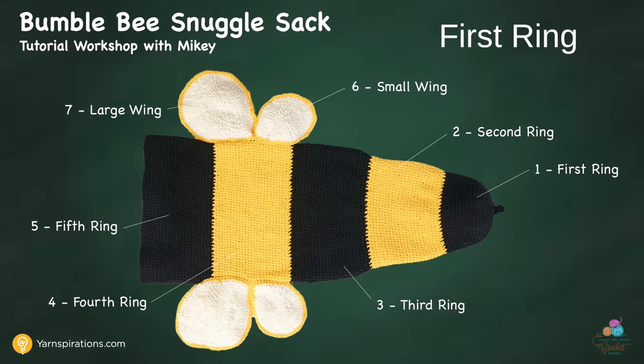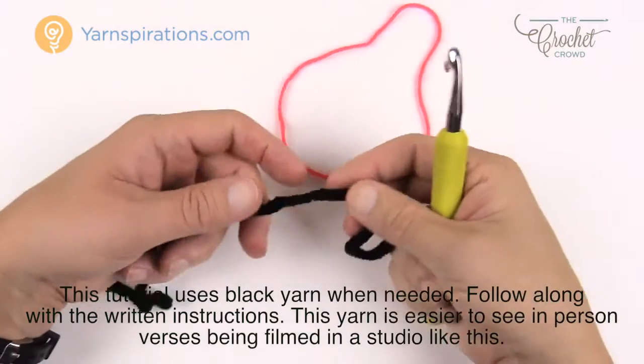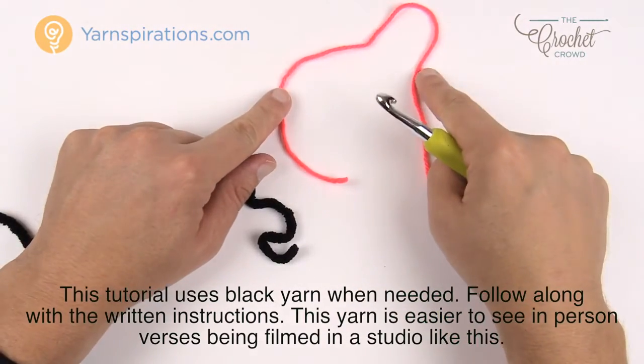Okay, so let's stop talking about the project and let's actually get hooking it. So let's go from the very bottom, ring number 1, and we're going to start from the stinger and work our way up. So let's hook to it. So let's begin right from the very beginning,